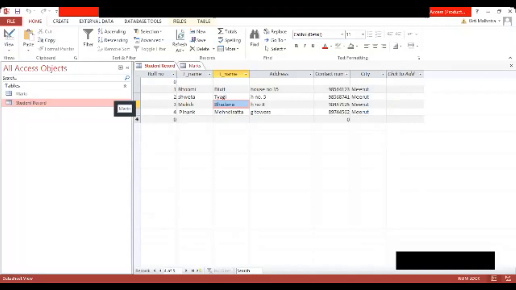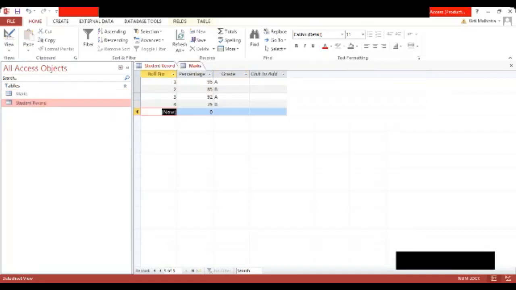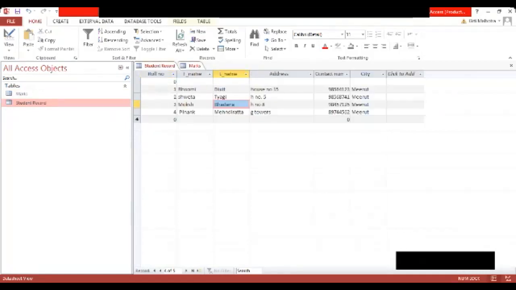Okay. Now on your book from page number 32. On page number 32 from your book, I am going to do the practical here, in which I am telling you how you can create the relationship between two tables. See, in my navigation pane, students, I am having two tables. One is marks table and another is student record. This is my marks table. Okay, can you see it? Yes, ma'am. And this is the student record table.